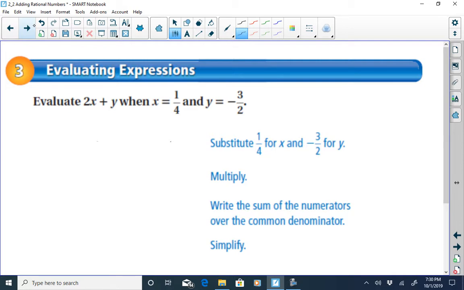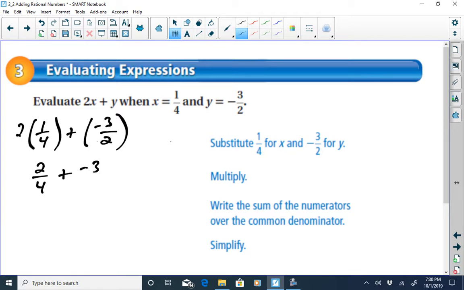When we evaluate an expression, we want to replace the variable with a number. We're told to replace x with 1/4, replace y with -3/2. So this is going to become 2 times, parentheses, x we're going to replace with 1/4, and then plus y. Y is going to be -3/2. Now 2 times 1/4, that's going to be 2/4. So now we have 2/4